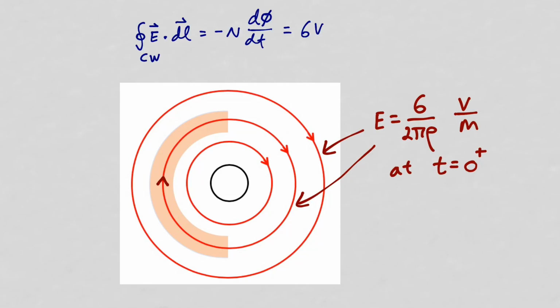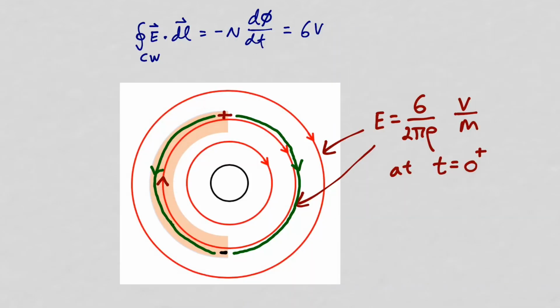So we'll get positive charge building up on the top part of the conductor here and negative charges building up on the bottom part of the conductor. The presence of these positive and negative charges will result in an additional electric field intensity that emanates from the positive charges and terminates on the negative charges. The charges will build up until the electric field from the charges cancels the electric field from the changing magnetic field inside the conductor, resulting in zero current flow in the conductor.